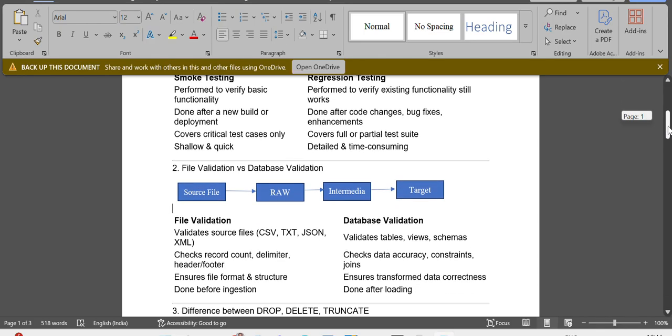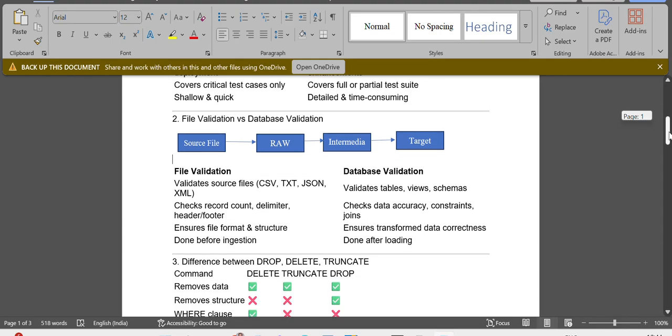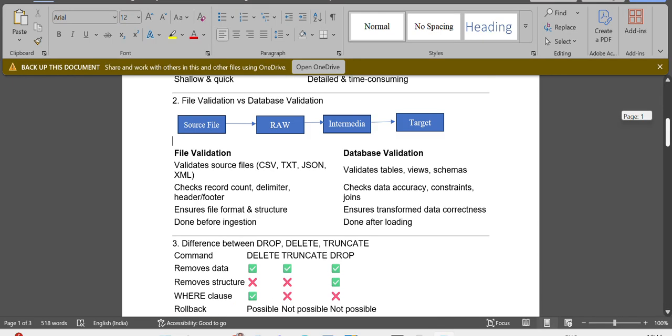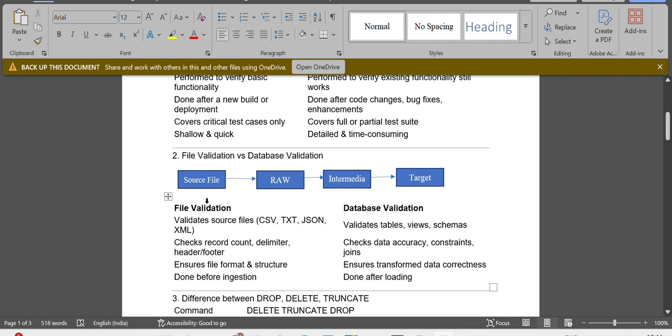Next question is the difference between file validation and database validation. File validation we perform before the data ingestion, and data validation we do after the data ingestion is done in all the layers. So here I have created one source file, raw layer, intermediate table and target table. Once we receive the source file, we need to perform all these